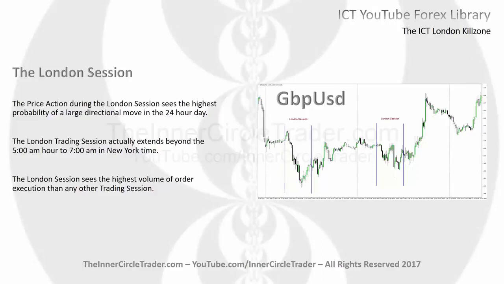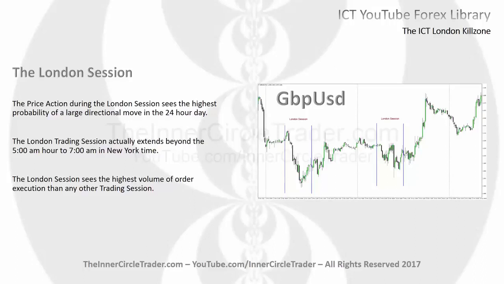Now, the London trading session actually extends beyond the 5 a.m. hour to 7 a.m. New York time. The London session sees the highest volume of order execution than any other trading session. If we look at the little chart to the right, and again, all I'm trying to do is show the